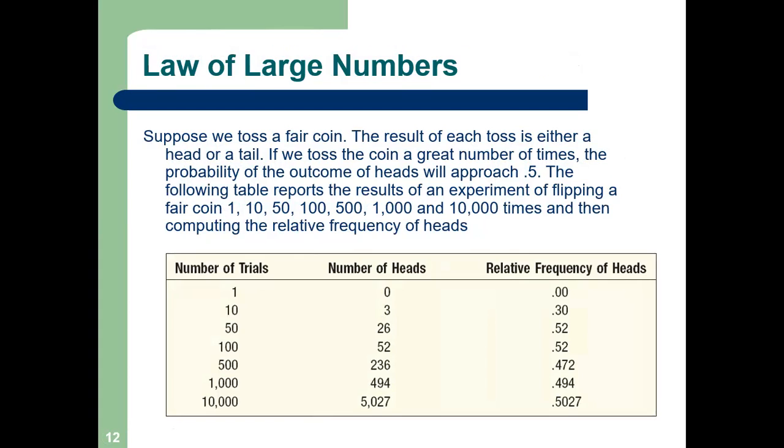And when we tossed the coin 50 times, we found that heads showed up 26 times, and the relative frequency is 0.52. Similarly, if we increase the number of trials, we are having a bigger and more accurate result. So this shows that